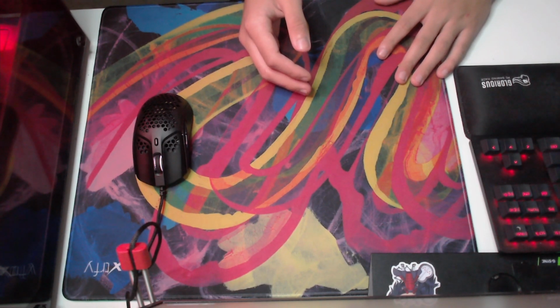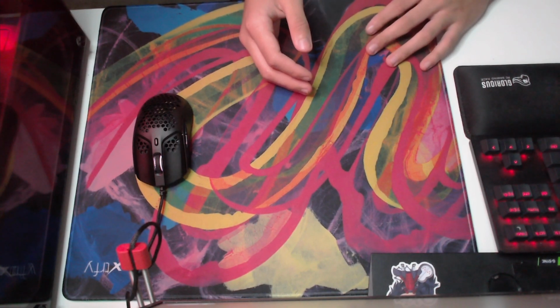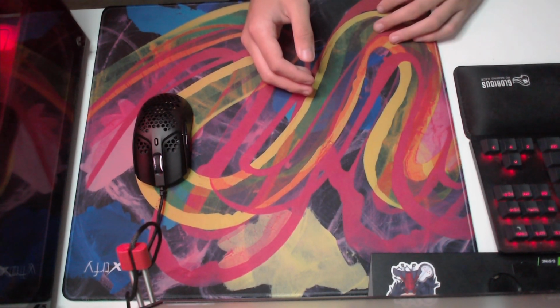This is my final review on the Street Pink Xtrfy GP4 mousepad, and honestly, I'm kind of disappointed in this pad. I expected a lot more. Maybe I wouldn't say it was because of the reviews I saw on YouTube, but